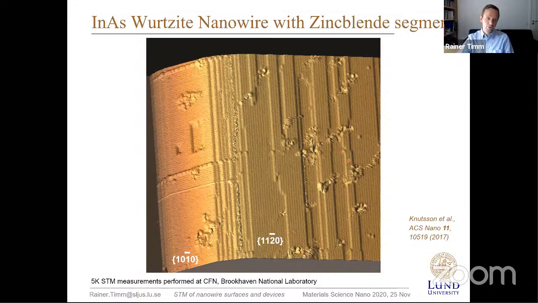This was done in the Brookhaven National Lab in the US. This is an indium arsenide nanowire. Again, these lines that you see here are atomic chains, arsenic atoms that we see here on this indium arsenide nanowire. This is one facet here where we have two terraces of different height. Then we have the edge, and we have the other facet going down 30 degrees. This is a hexagonal structure, but if you